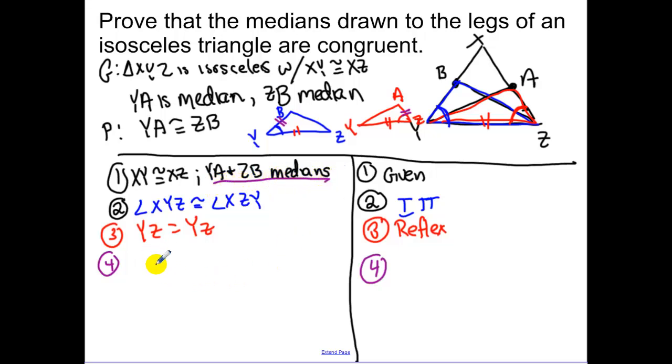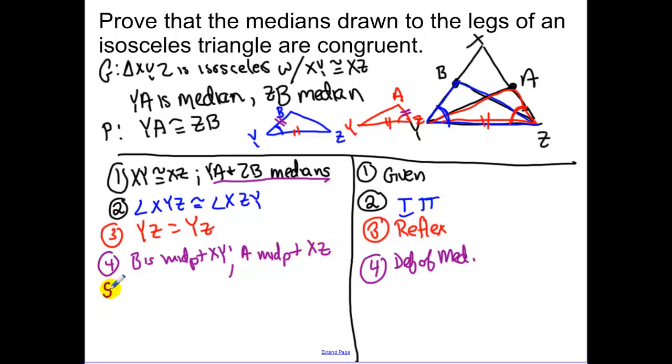I know that by definition of median, B is the midpoint of XY, and A is the midpoint of XZ. Now you could go the long way with this. I'm going to go a shorter way. We know by our midpoint theorem